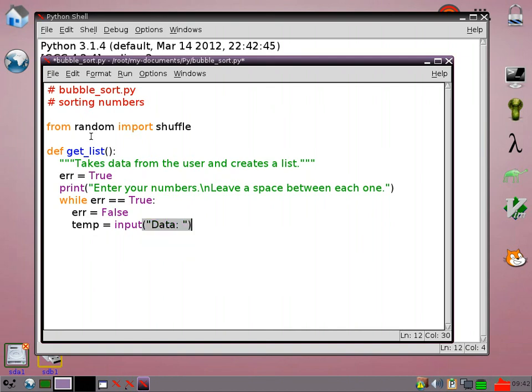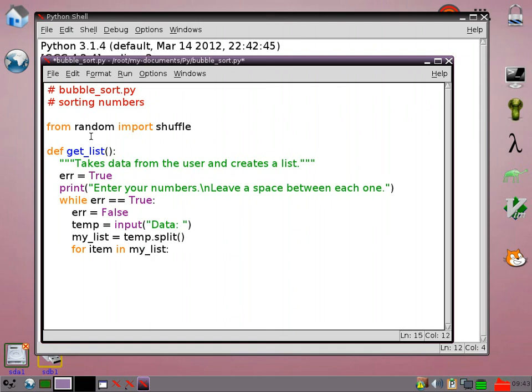Then we're going to use a little thing called split. What that's going to do is try to take the data that's been input, which obviously comes in as a string, and break that down into individual items in a list. Now we do need to check that everything's okay, so we're going to go for item in my list,